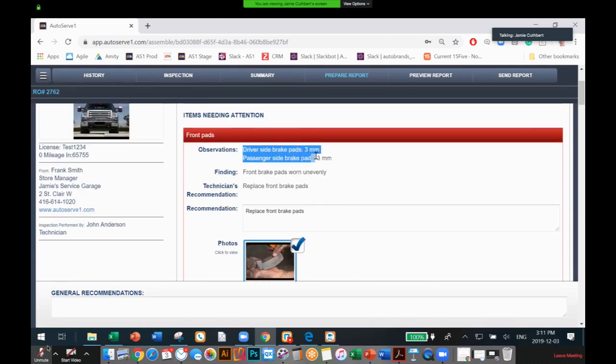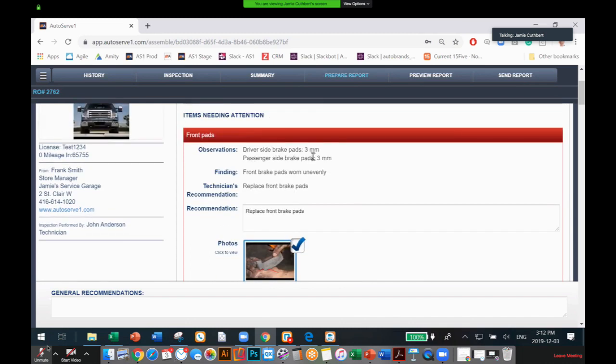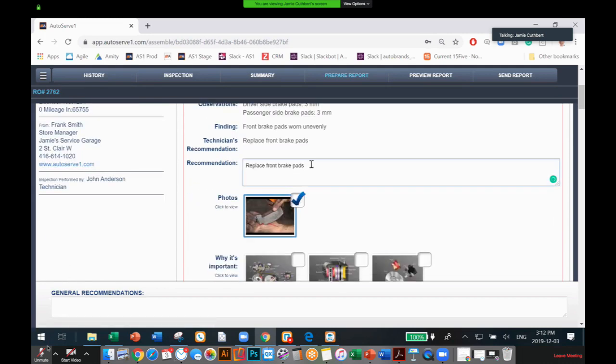So now you can see it's starting to build the report for us, and it's putting in everything the tech put in. And me, the service writer, I don't frankly need to do anything except if I want, I can look at this. The only thing I might want to do is add a little more rich education. So you can see the sizes here, worn unevenly, recommendations replace, I'm good with it. If I want to edit it, I can go ahead and edit that as an advisor, but I'm just going